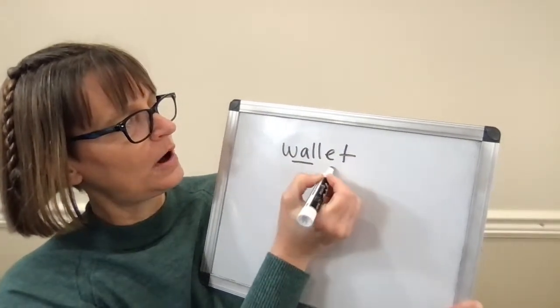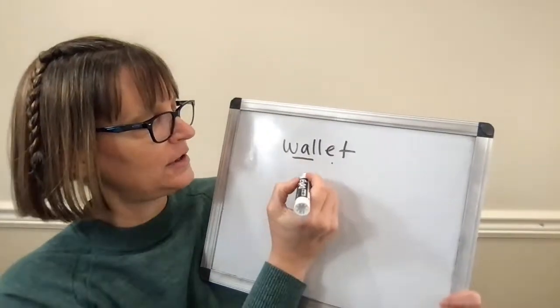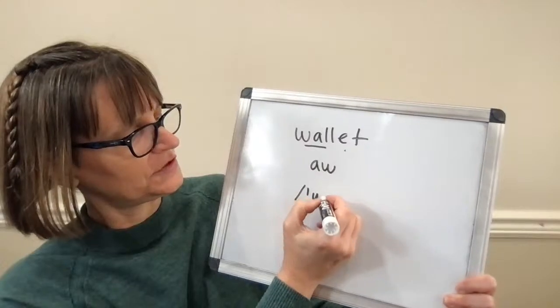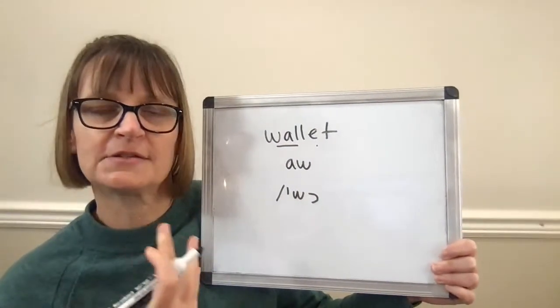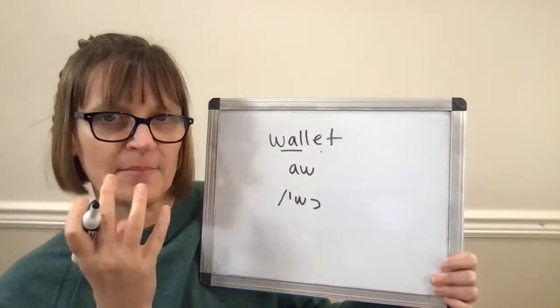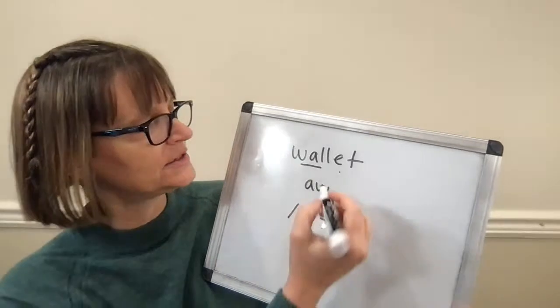So for wallet, we have the aw vowel. It looks like this in the dictionary. First syllable stress. So wa. This is the same start we have on words like wash and want. I'm having some rounding on that lax vowel. Wa, wallet,